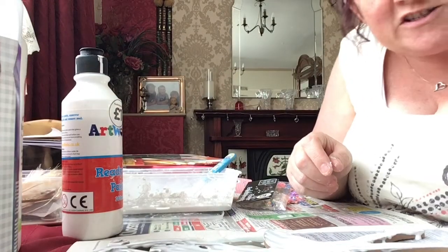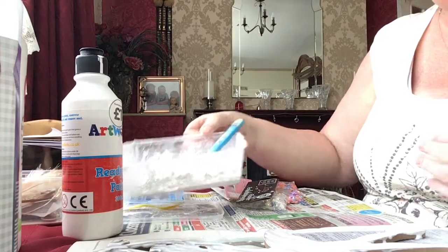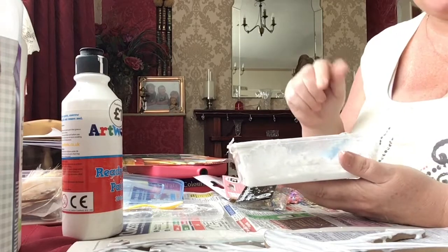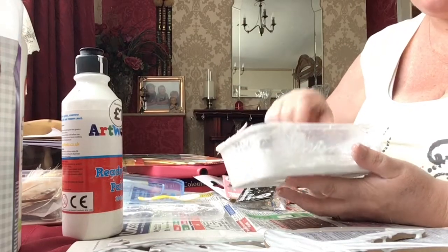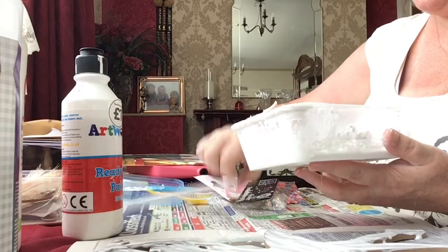What I would say, while she's drying, I would put a cover on your mixed media gluey stuff, because it will dry out, and you don't want it to dry out too quick because you still have lots of work to do. So put the lid back on,